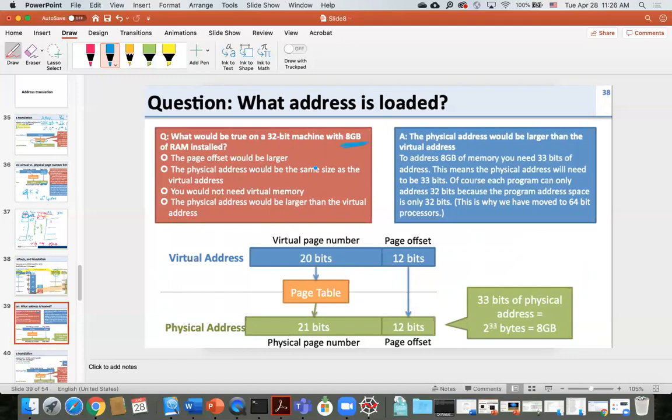Suppose you still want to do a 4 KB page. So again, 12 bits are used as the page offset. So then we will have 20 bits left inside of the virtual address. And we only need to perform the mapping for the 20 bits inside of the virtual address to the 21 bits inside of the physical address, because your physical address is 33 bits long. So